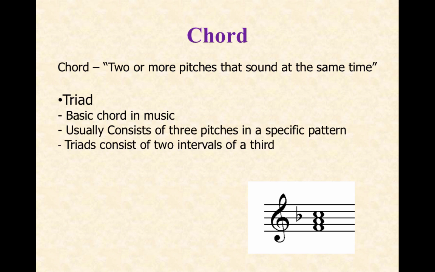And then the subdominant triad, Roman numeral 4, is built on the fourth degree of the scale, and it likes to move up toward the dominant. So, 4, 5, 1, but imagine an actual chord pattern being played over that. Triads consist of 2 intervals of a third stacked up on top of each other.